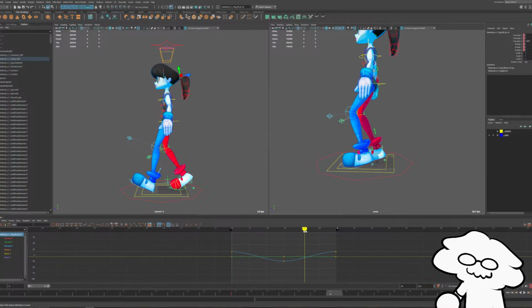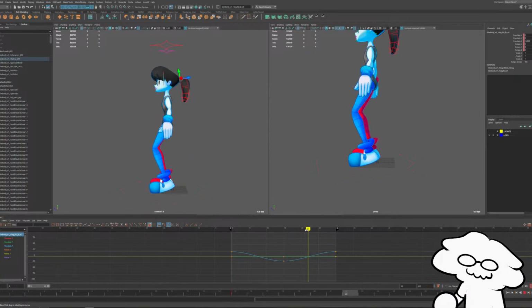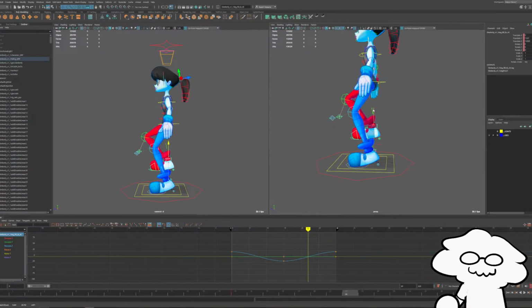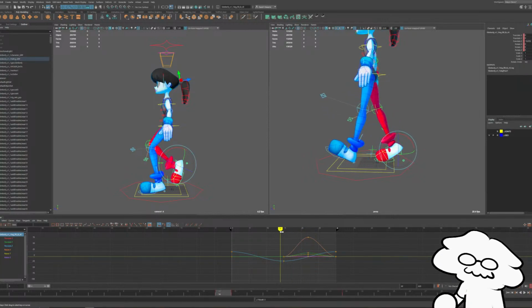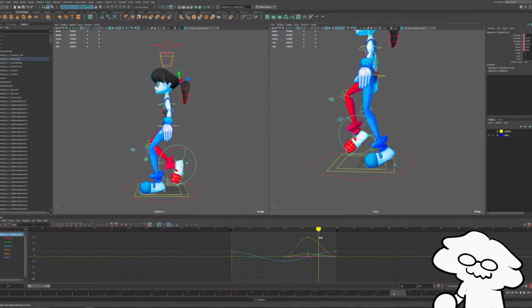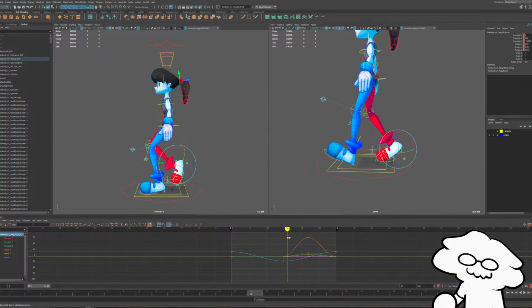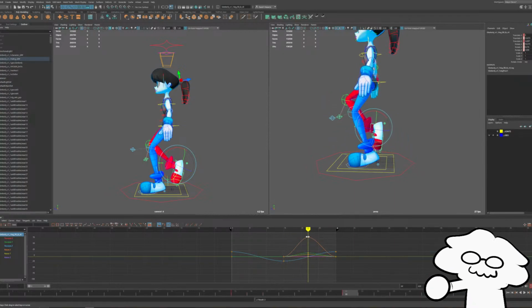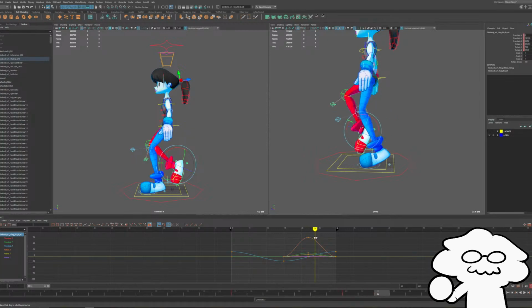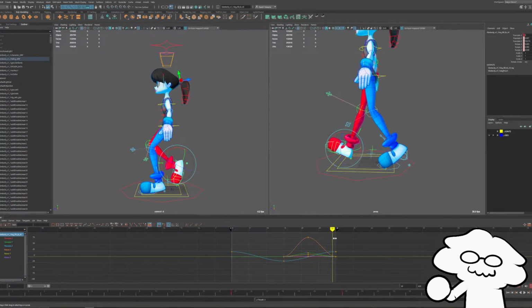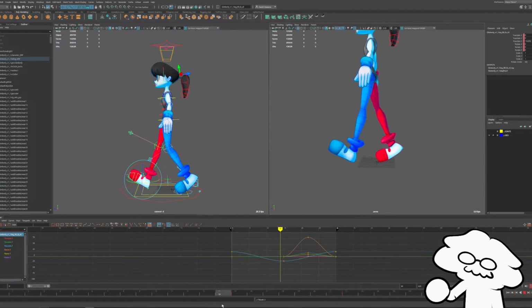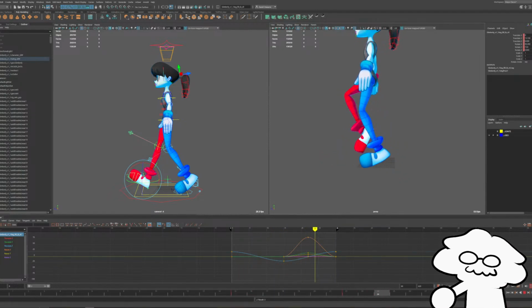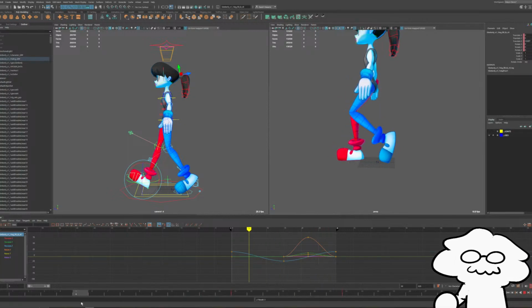We will have it come up and then rotate it. So I lift it up and then rotate it backwards as it passes, then back down. So this should be the basics in place for a walk cycle.